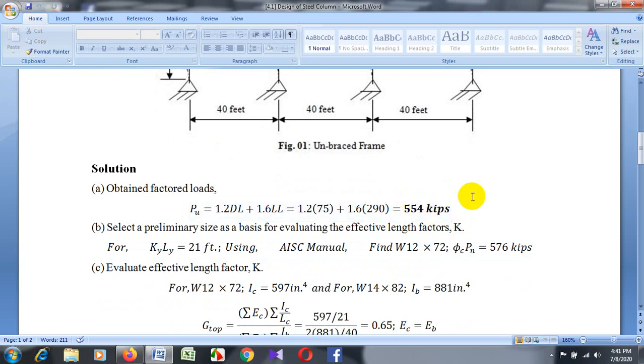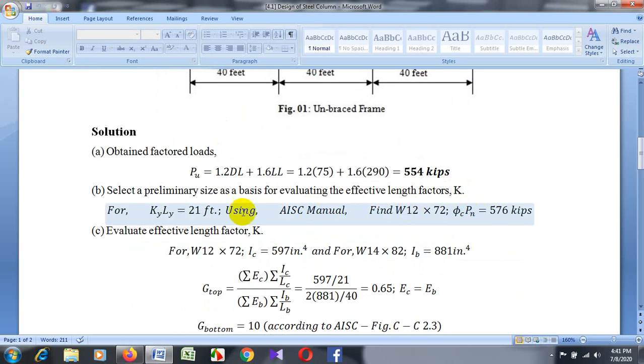If the capacity is greater than this demand, then the column section is okay, otherwise redesign is necessary. Now second step, select a preliminary size as a basis for evaluating the effective length factor K, and for KyLy equal to 21 feet. Using the AISC manual, find W12x72 section.